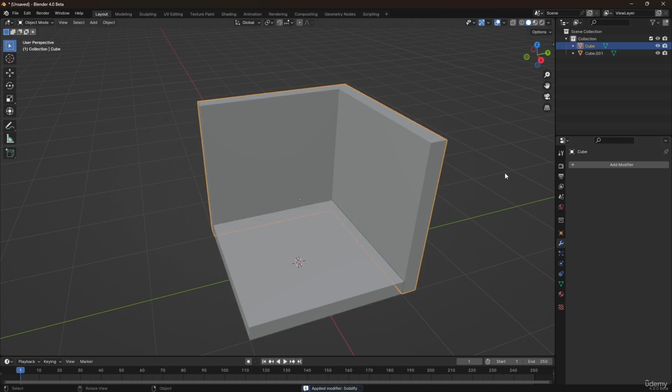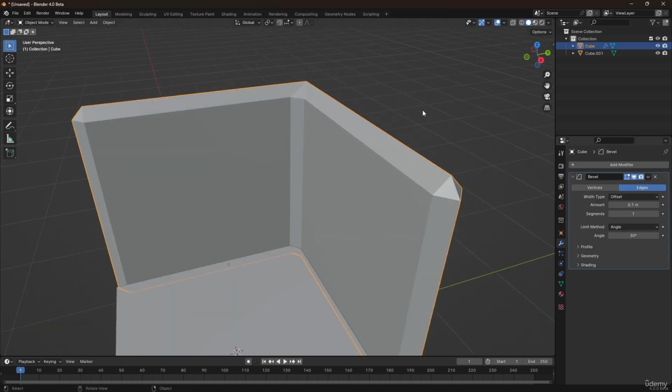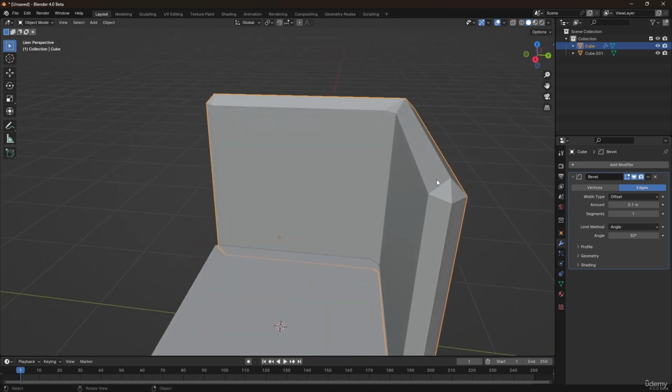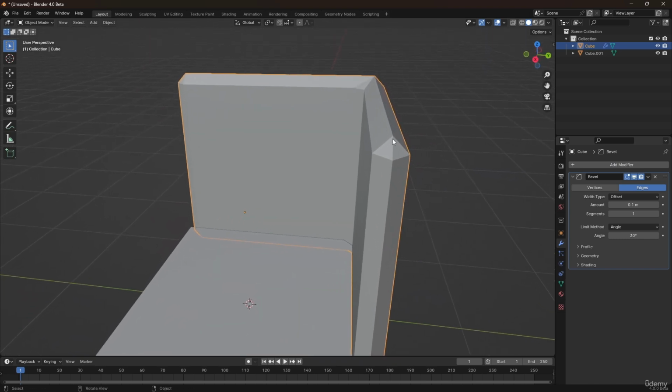Now we're going to select our walls and add a few more modifiers. So let's go ahead and click on add modifier. Under generate, we're going to add a bevel modifier. And immediately you'll notice that it's going to bevel every single edge on this object. That's not something that we want, so we're going to change that. To change that, we need to change the limit method. Right now it's beveling every edge that has an angle of 30 degrees or more, but we're going to change that